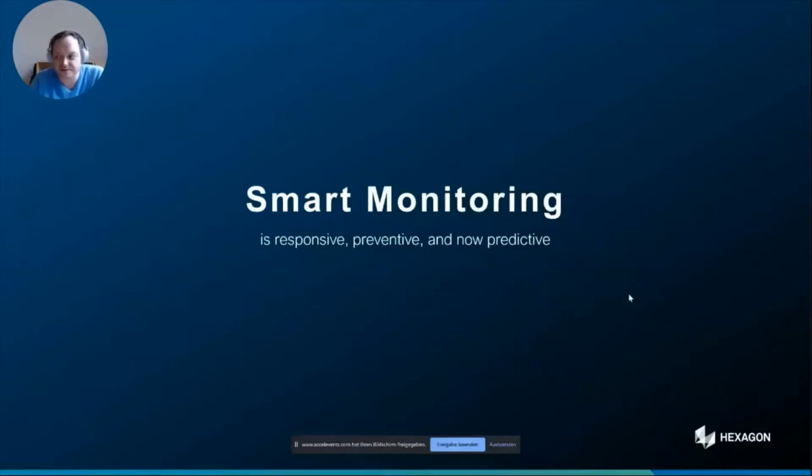So from our perspective, we can cover that with the smart monitoring offering we have in our portfolio. And for us, smart monitoring is responsive. So every time something is happening, we inform our customers that there is something ongoing. It's preventive. So for example, if somebody is opening up a cable duct and a car is driving through it, it could damage the car, so it's also preventing it. And now also predictive, which means we can also use sensor information to predict if something will happen in the future. And all of that is done in the context of a smart city.